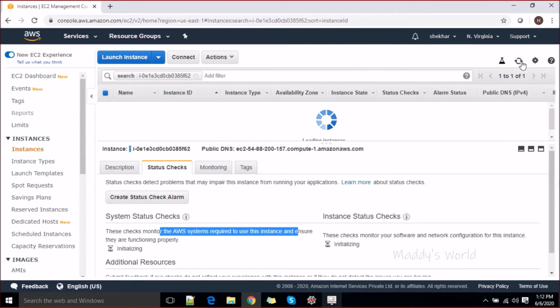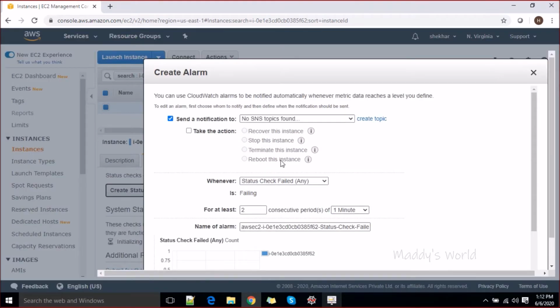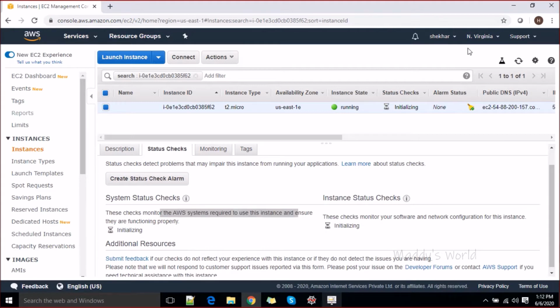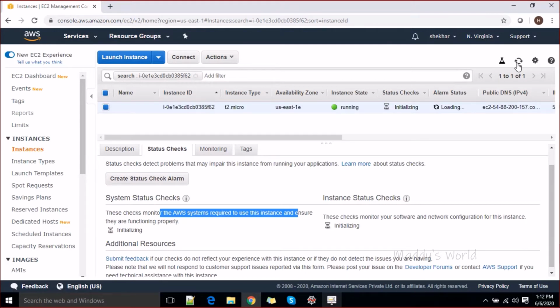So let it come up properly. You can also create your checks here, right? You can see it's still not completed. So let's wait for a while and get it completed.